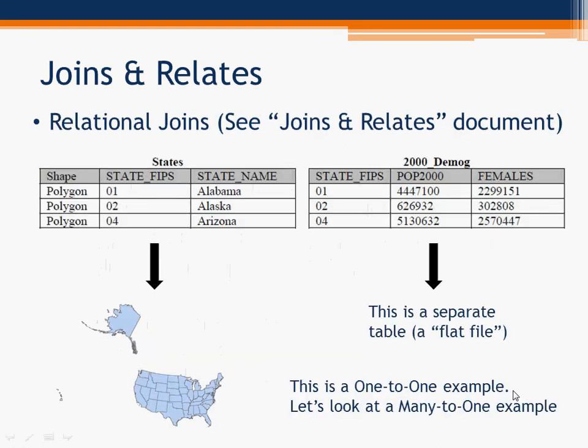So let's look at our first example. Here's what we're looking at in terms of a one-to-one relationship. You'll notice that this table over here on the left-hand side has a shape field, and there are polygons representing the polygons of the different states in the United States. We've only got 3 as a part of our sample, and of course the resource document, which I'll pull up here and show you guys,